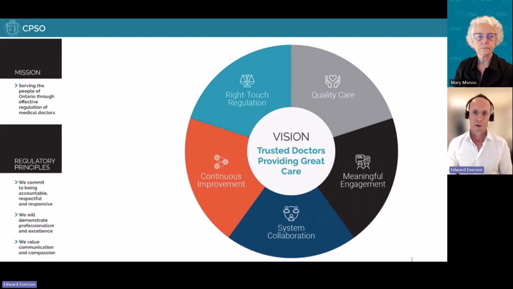This slide outlines the principles that guide the work that we do at the CPSO. Certainly, we want to support physicians in providing high quality medical care to their patients, and we have tried to develop and offer quality program options that support physicians in doing that. I'll bring your attention to another principle called right touch regulation, which has been an important guiding principle for the development and evolution of our quality improvement program options since the inception and start of the QI options in 2019. And we'll speak a little bit more about that in the coming slides.